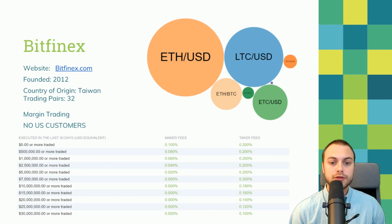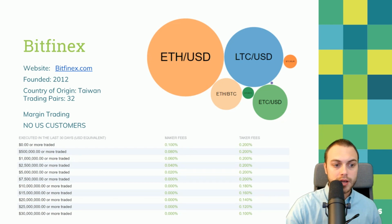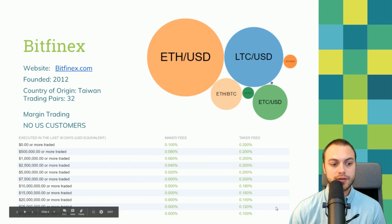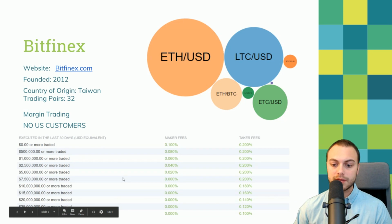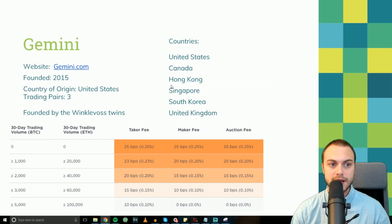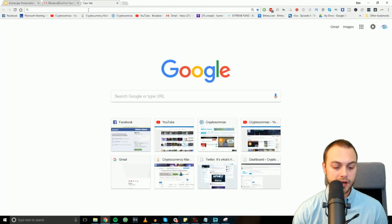Now, they have what is called maker and taker fees, and they differ. A maker fee is defined as a fee that is paid when you add liquidity to their order book by placing a limit order below the actual ticker price for buy orders or above the ticker price for sell orders. Taker fees are paid when you remove liquidity from their order book by placing any order that is executed against an order on their order book. And they reduce as you trade more and more. As you can see, if you trade 500,000, fees are as such. And if you go all the way up to trading as much as 30 million, fees are reduced to almost zero. But regardless, let's go in and show you how to create an account and how to actually read and